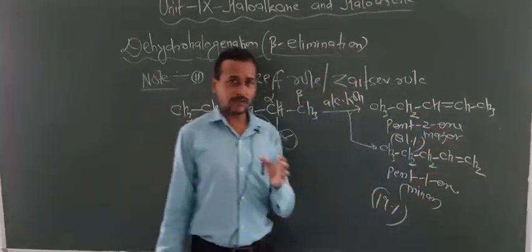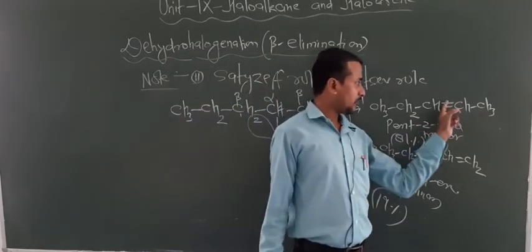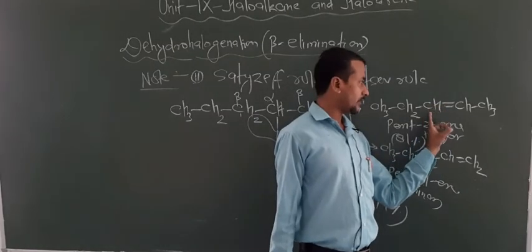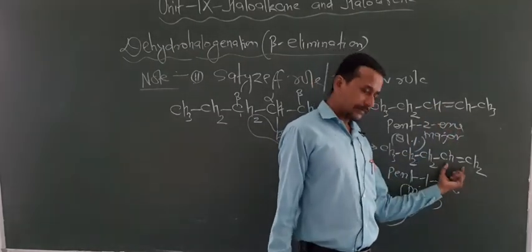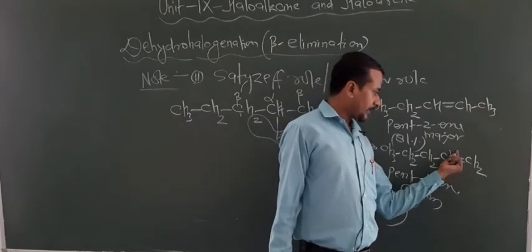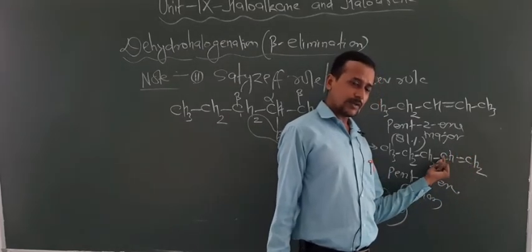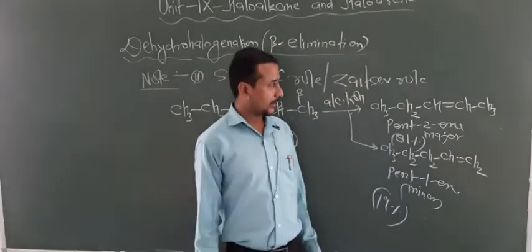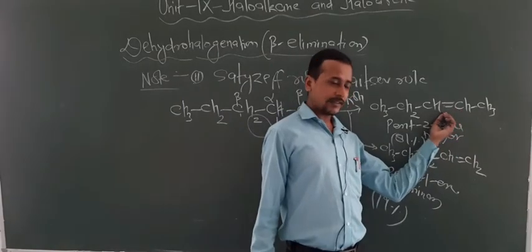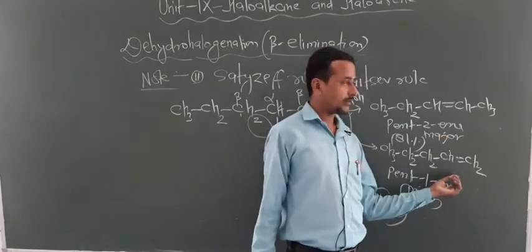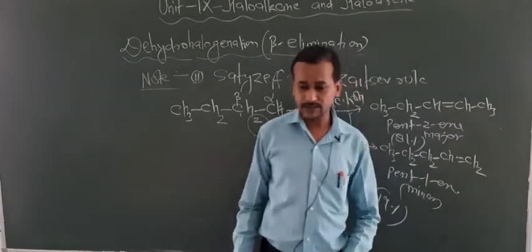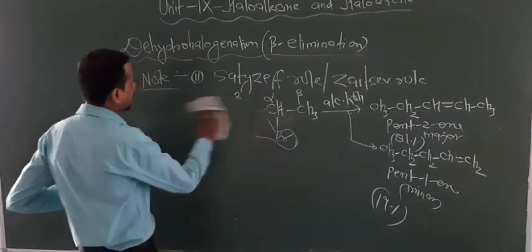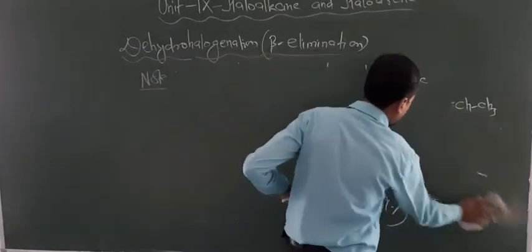One more thing you can know about is the stability order. Now when you break the bond, either this side or this side, in both conditions you get 2 degree carbocations. But in this case, if you break the bond like here you get the 2 degree carbocation, if you break the bond like here, in that condition you get the 1 degree carbocation. So that's why here you always get 2 degree carbocations, but here there is the possibility of 1 degree carbocation. So that's why this is the major product, this is the minor product. So this is according to the Saytzeff rule. So by using this rule you can get the major and minor product. So this is also very important